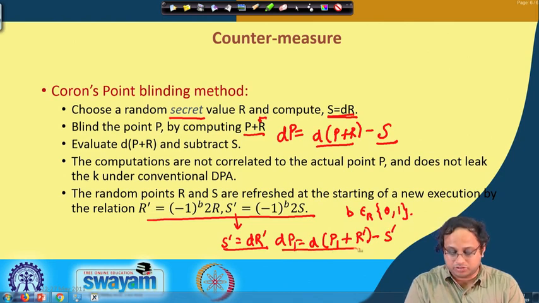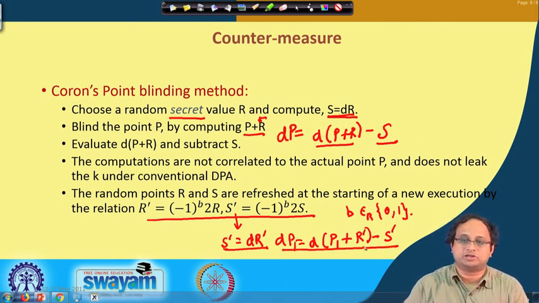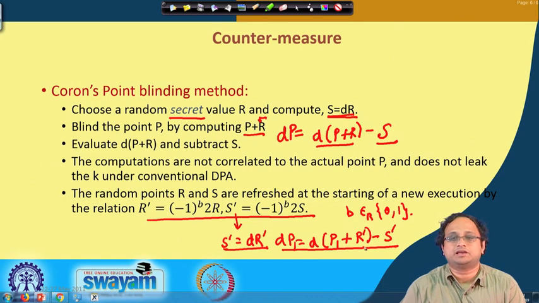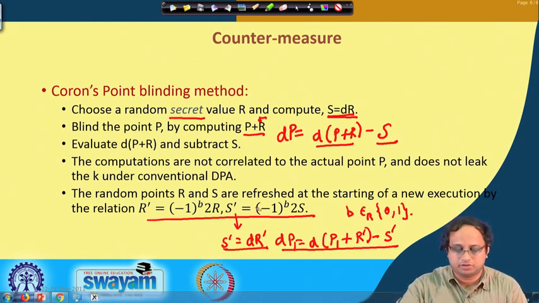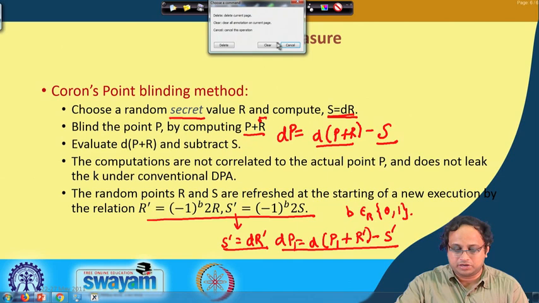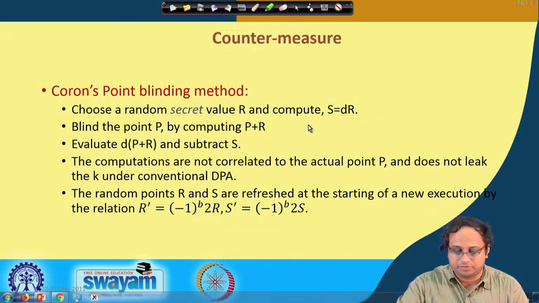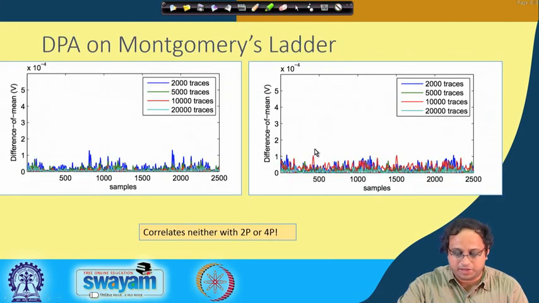So the idea is that every time you do this operation, it would be naturally resistant against a differential power attack, because of this randomization, you are ensuring that the attacker cannot pick up these correlations. So this is quite nice, and we can probably expect that this will be more resistant against power attack.